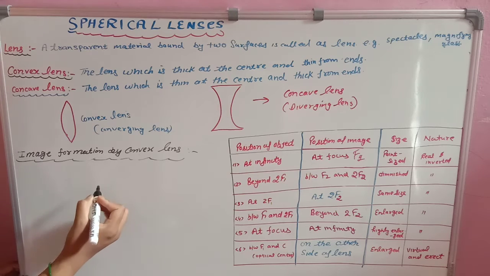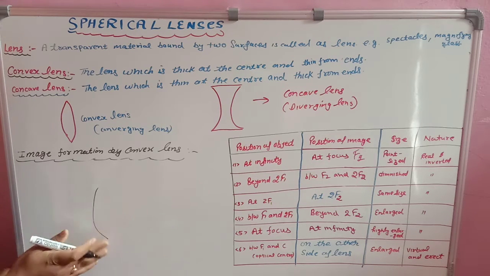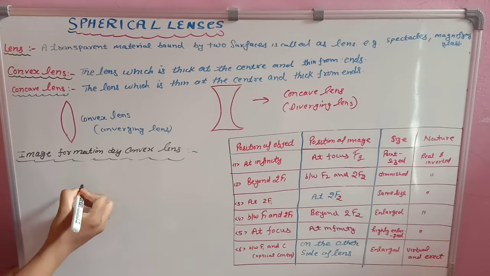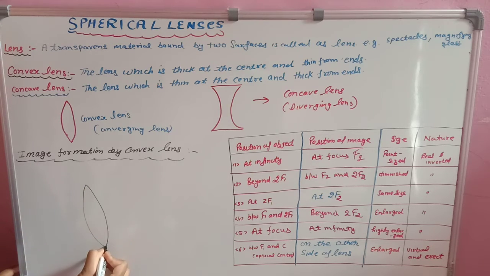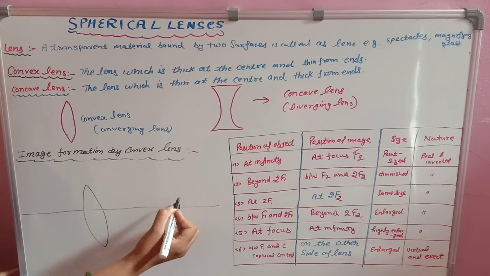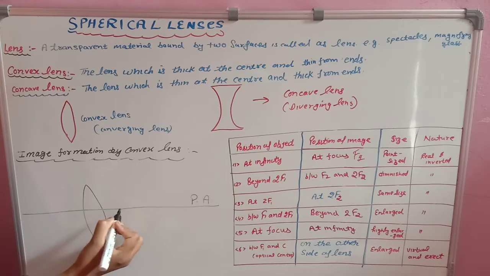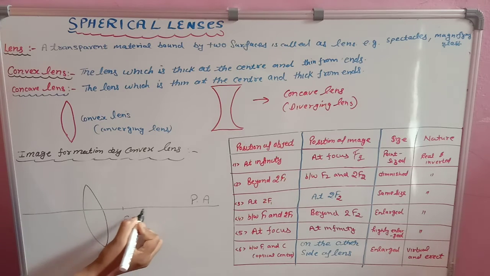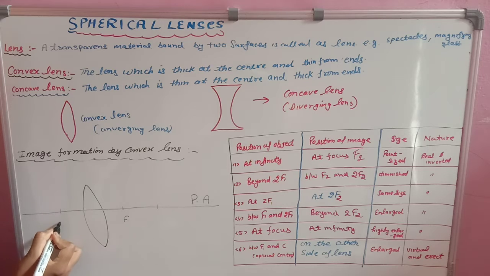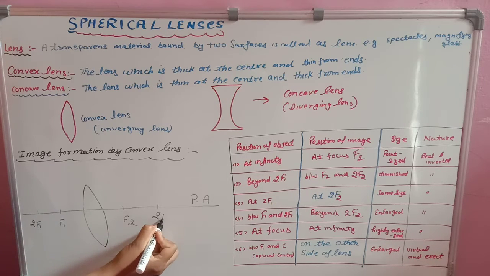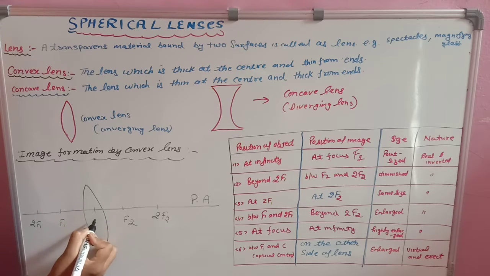First of all, you have to draw convex lens. So as I told you that this is your convex lens. After that you have to draw one central line. What we call this axis? Principal axis. After that you have to draw points like F1 to F1. I'm calling it F1. Here it is. Similarly F2 to F2. And the center of the lens, I'm giving it name O.